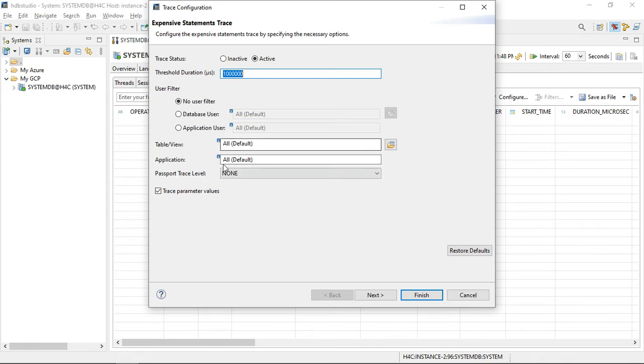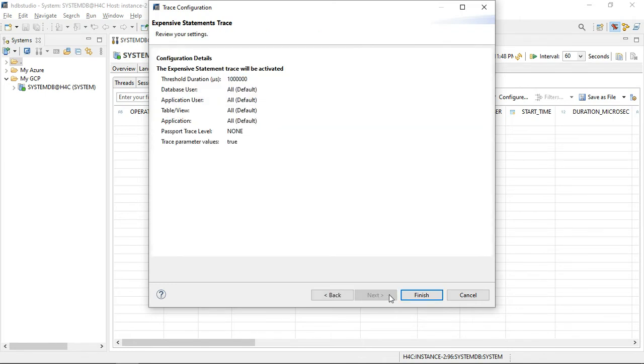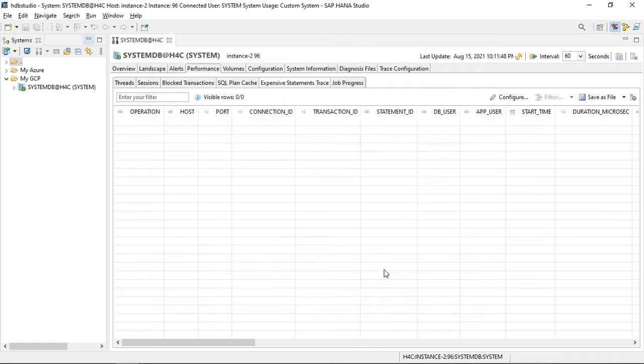In this setting it is all, which means it will capture all. Once you are done with this, just click on next and say finish. Now your expensive statements will be captured. If the threshold duration is reached, you can get all details from here, like the duration, how much memory that SQL consumed, and how much CPU it consumed. All the details needed for your troubleshooting will get captured.